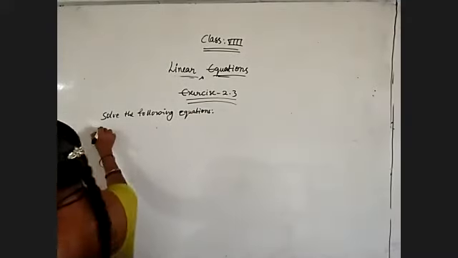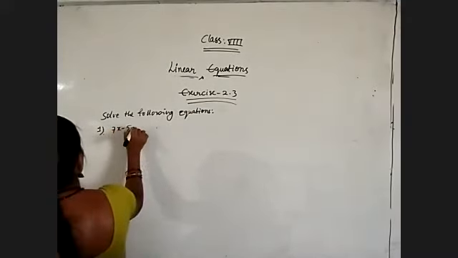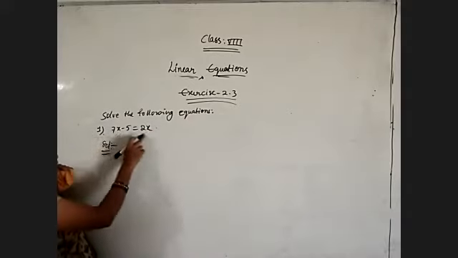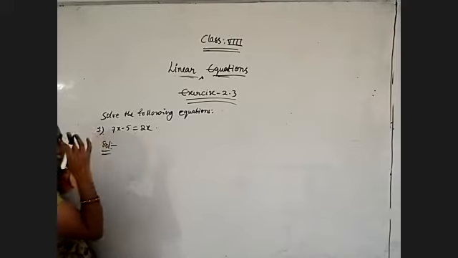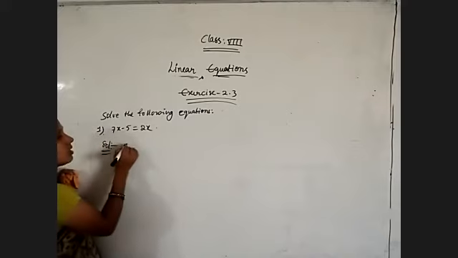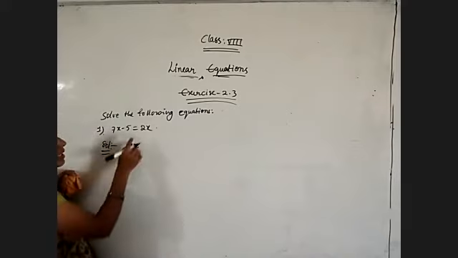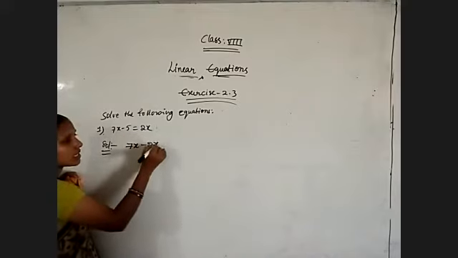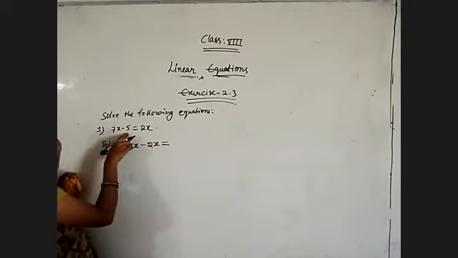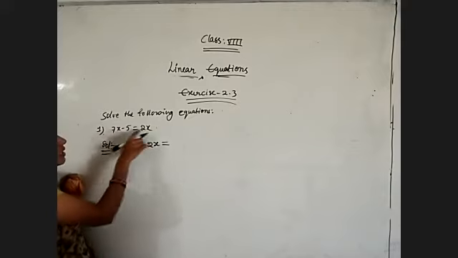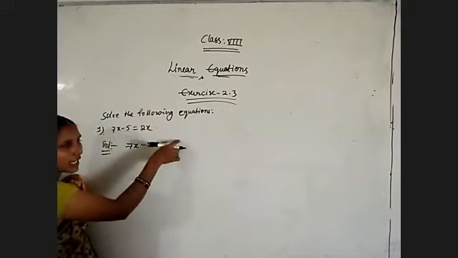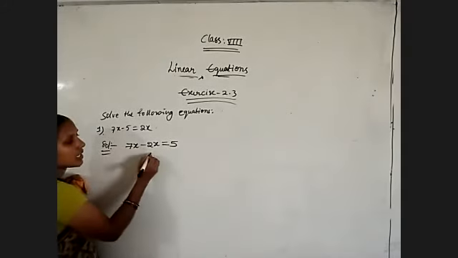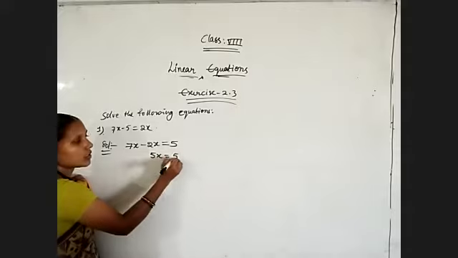My first question is 7x minus 5 is equal to 2x. So how should I simplify? Observe, variables are on both sides. So the variable term on one side and the constant on the other side we need to bring. 7x I am keeping here only. The 2x term I am bringing to this side, so it will become minus 2x. Equal to the constant term, 5. This one I am bringing to this side. Here minus 5 is there, so by bringing this side, plus 5. Okay, that's all. 7x minus 2x is 5x, equal to 5.